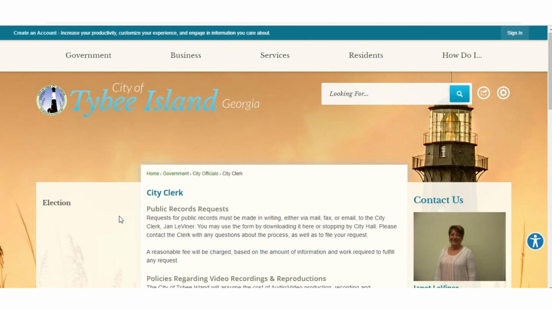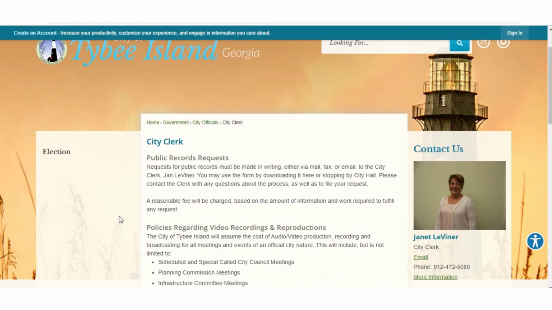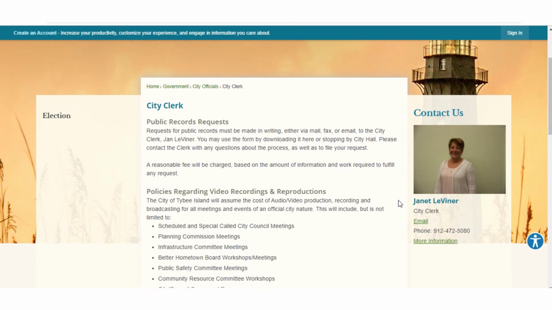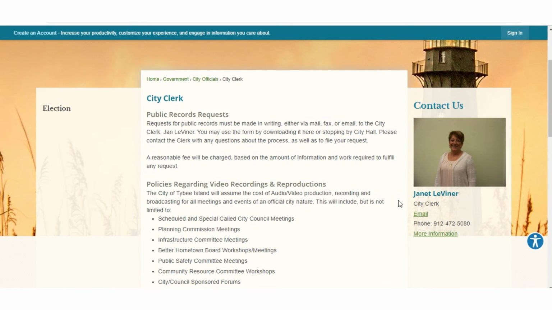Here it says that the city clerk can be contacted for public records requests. Public records requests must be made in writing, either via mail, fax, or email, and the city clerk is Jan Leviner. If you scroll over here, you'll find her email address and phone number.